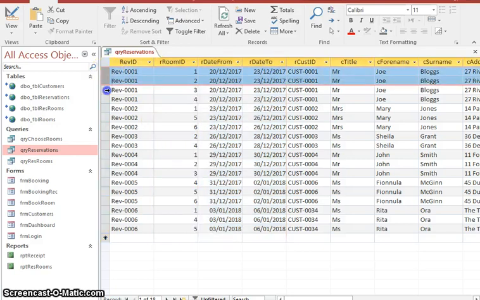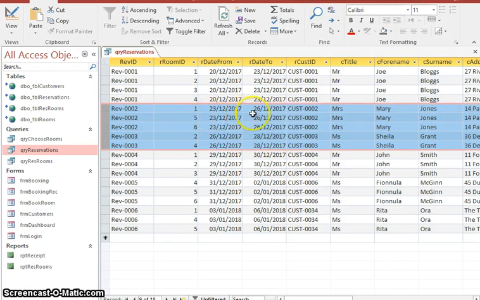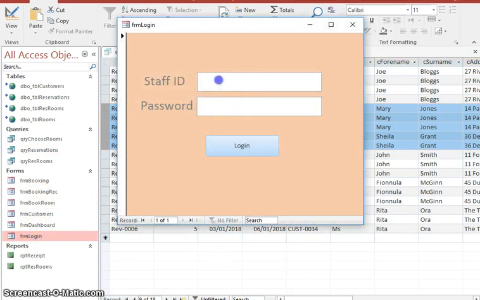So they're the important things. So if I look at the 26th, you can see the 1, 2, 3, 4, 1, 2, 4, 5 and 6 have been booked. So if I booked any date round the 26th, all of them rooms should be booked, bar room number 3. So I'm going to log in again,